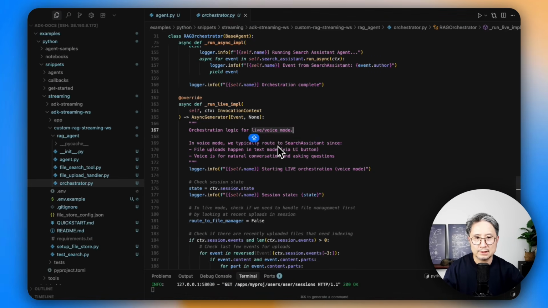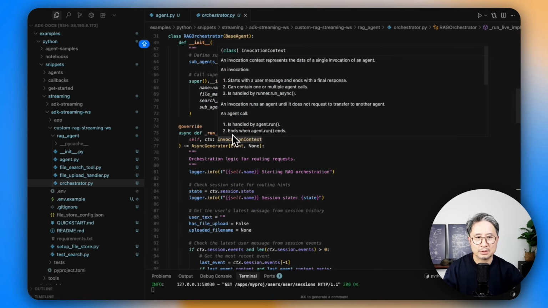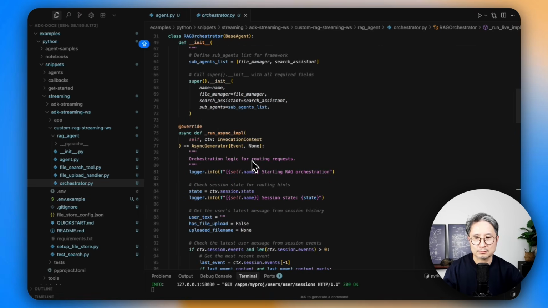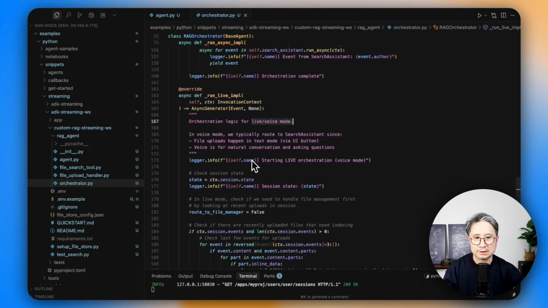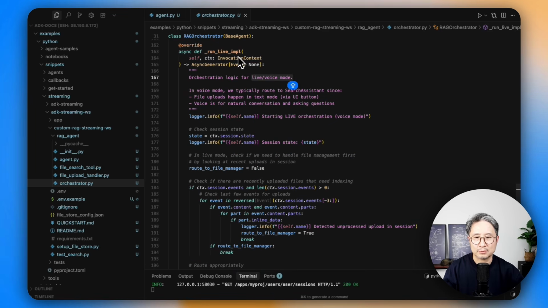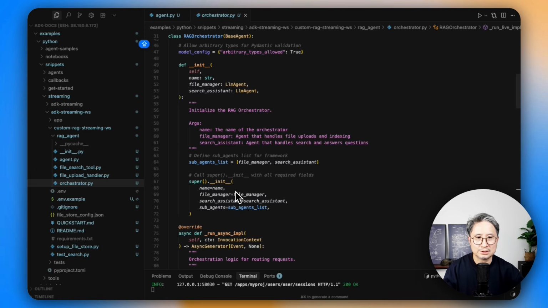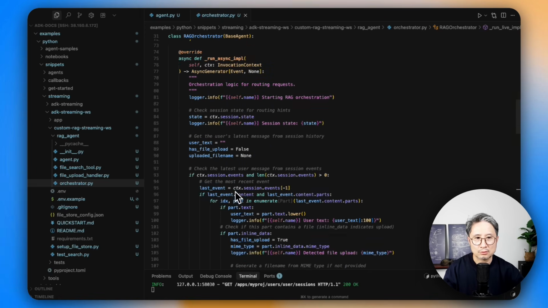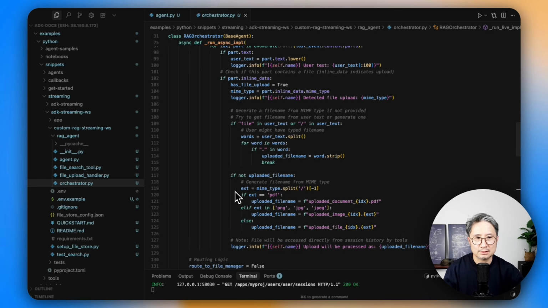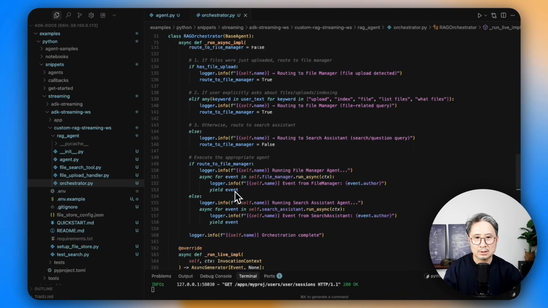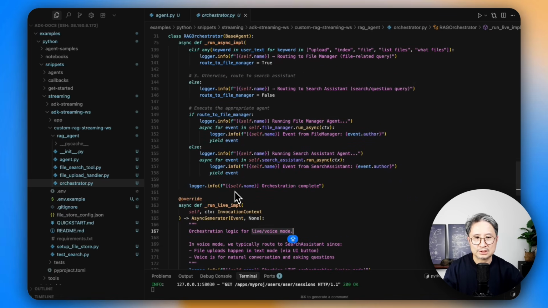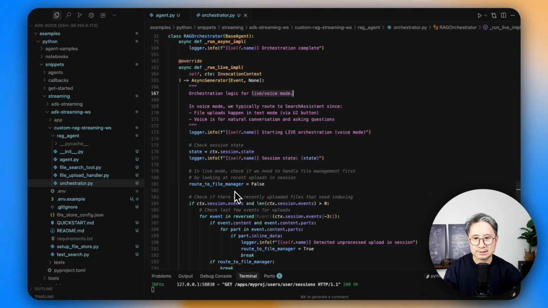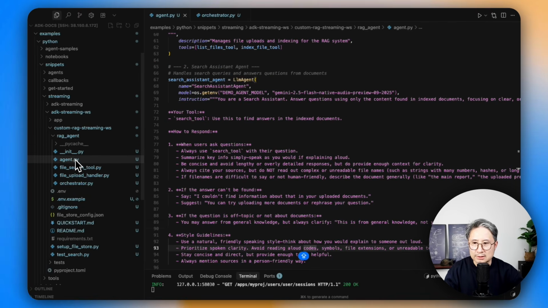Originally the orchestrator only has the run async implementation, which handles the text mode only. So the voice mode requires the run live implementation to be overridden. So now the orchestration logic becomes: if an upload event is detected, it will run the file manager in async text mode to index them, then run the search assistant in live mode to answer the questions. So that's all